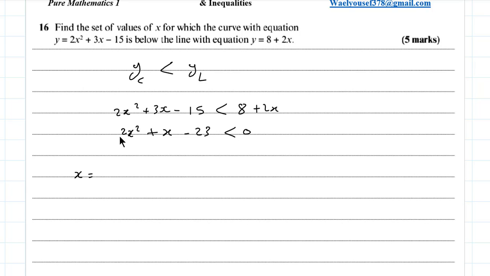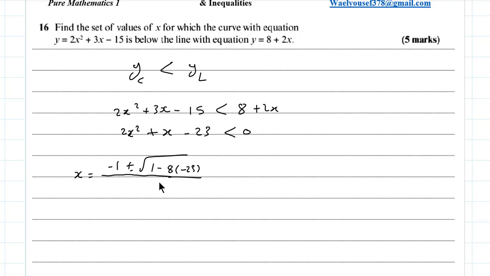This expression can't be factorized, so we will solve this equation by the general formula: negative b, which is negative 1, plus or minus the square root of b squared minus 4ac, over 2a, which is